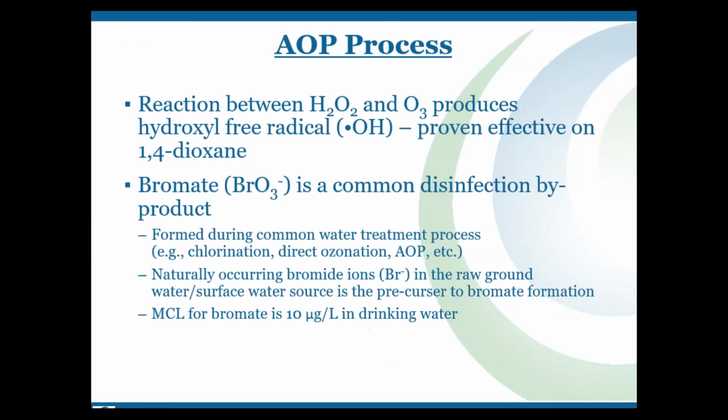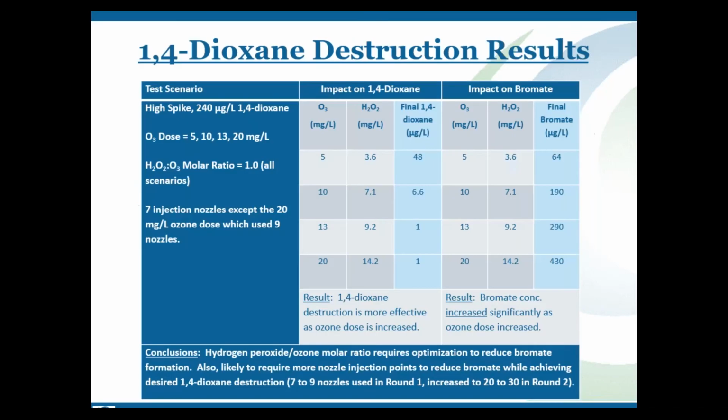So the data basically, and again, as I mentioned, the reaction is the hydroxide and ozone forming the hydroxyl free radical, which is very effective. But again, bromate is the one to basically be concerned about. This is just an example of during the treatability study, and it's a busy slide, but really what